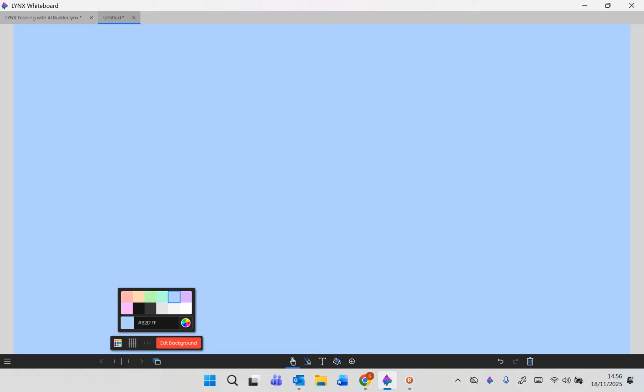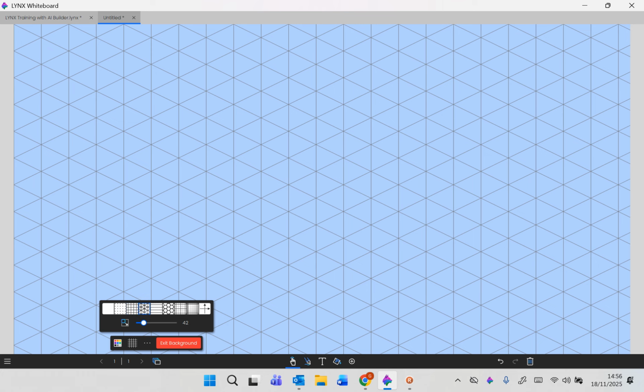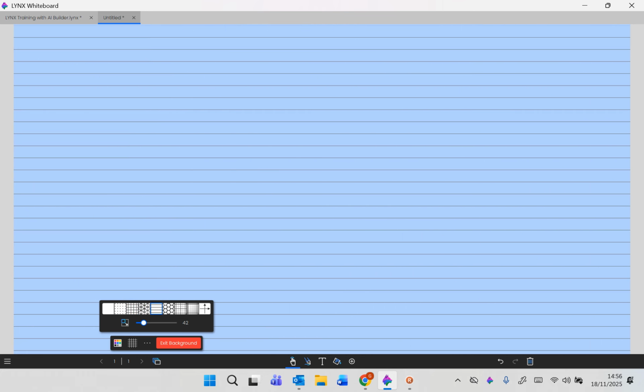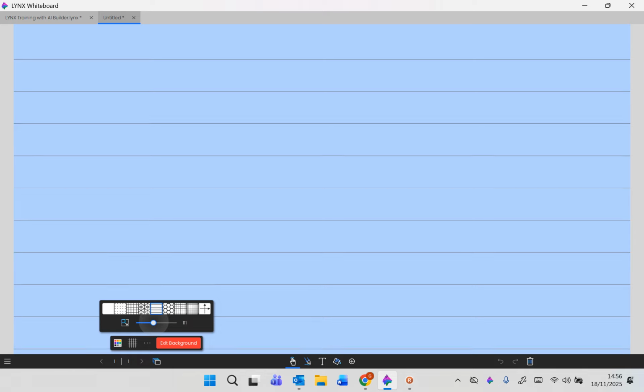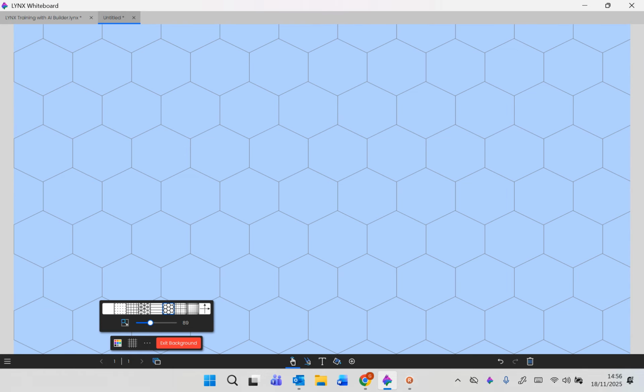I would like to put a nice maths grid style background onto my page. So to do that we're going to go to my page options and to edit the background. Now in the tools that we get for the background, down here are things like the colour scheme for the background, so I can pick a nice colour on there, but we also have all of the grids and the lines. So we have dotted paper, a standard grid, triangles, lines, slider bar of course to change the size, hexagons,